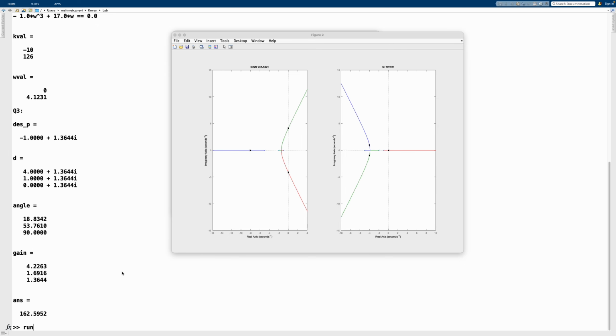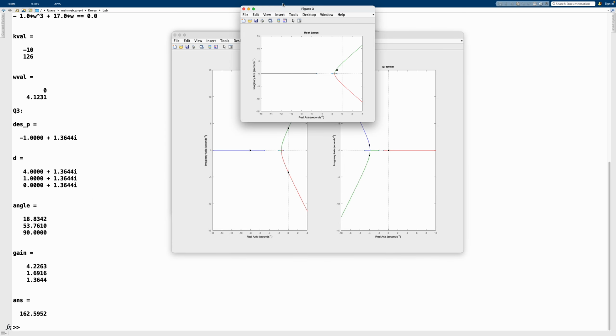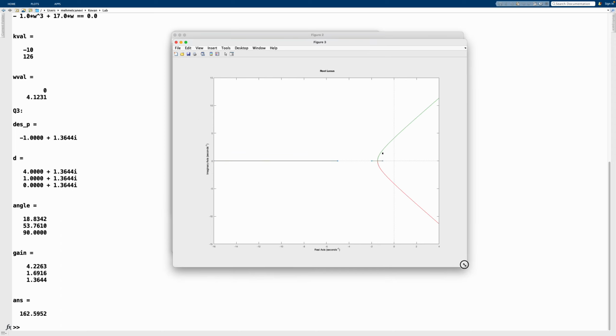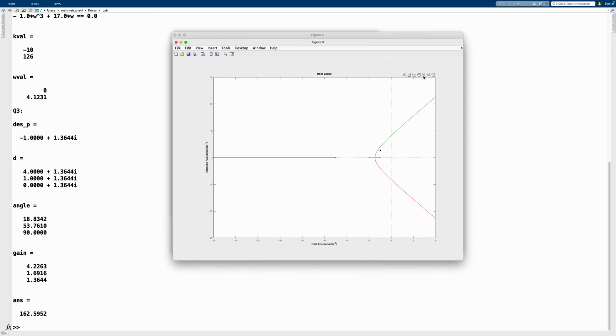Yeah, so let's run this, and we have another figure. And we can see, basically, if we zoom in a little bit, it will become obvious that this point, even if it's not that far away, because 162.59 is close to 180, it doesn't satisfy the angle condition, therefore it's not on the root